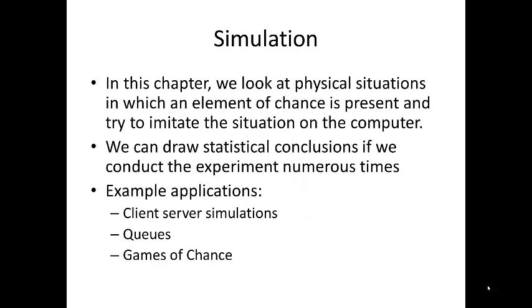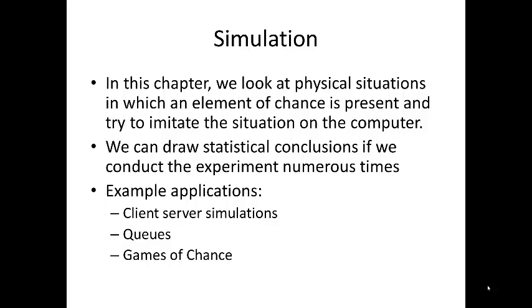So, in particular, we're going to look at some physical situations in which an element of chance is present, and try to imitate that situation on the computer. We can draw statistical conclusions if we can conduct the experiment numerous times and see what the outcomes are. Example applications of simulation are client-server simulations. Certainly you can use simulations for modeling queues, for modeling traffic through networks, and for games of chance like in artificial intelligence, where you will do rollouts for games such as Baccarat that have an element of chance yet are